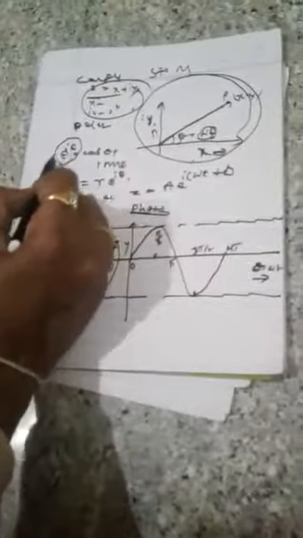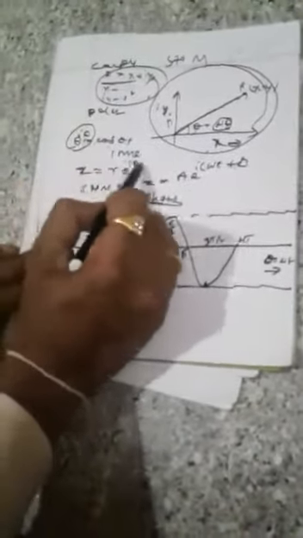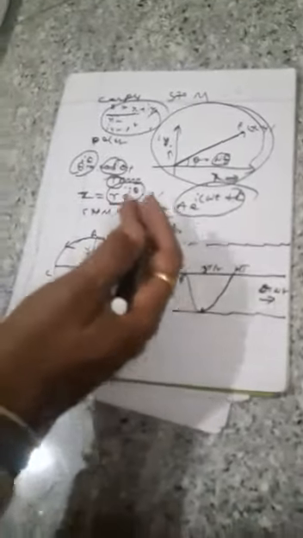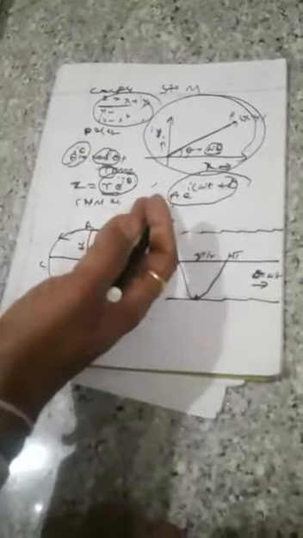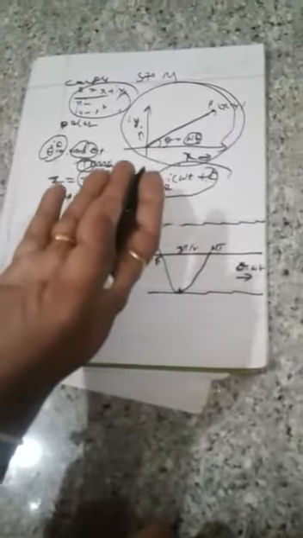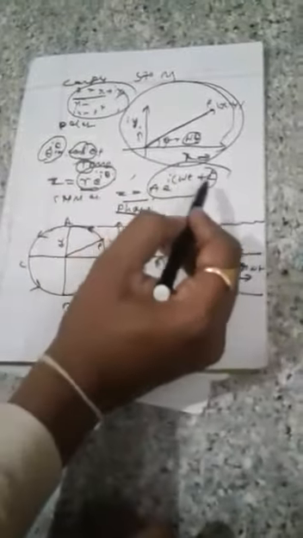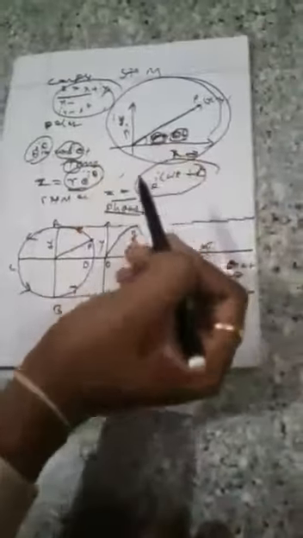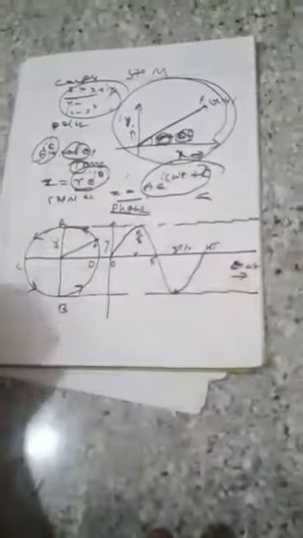In this form, whatever you are writing is called the complex form. For the polar form, you take e to the power of i theta is equal to cos theta plus i sin theta. This is the real part and this is the imaginary part, where z is equal to r into e to the power of i theta, or z is equal to a into e to the power of i (omega t plus phi). This is always used with the help of Euler's form, where theta is the angular amplitude and omega is the angular frequency. In this way we are going to discuss that.